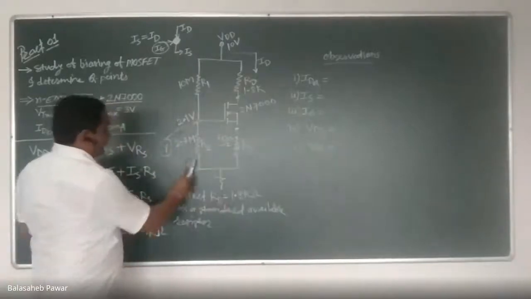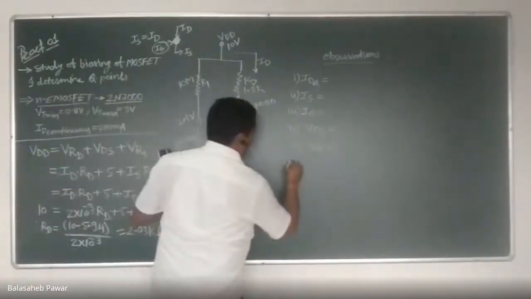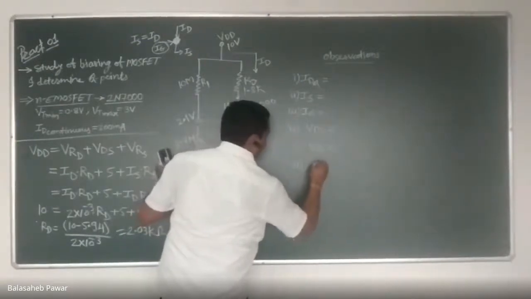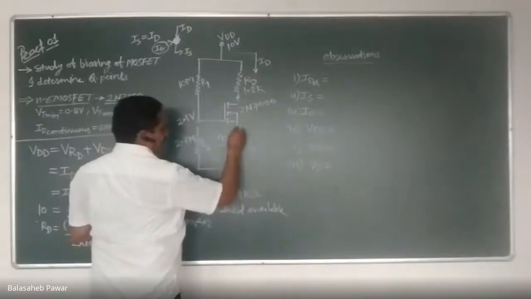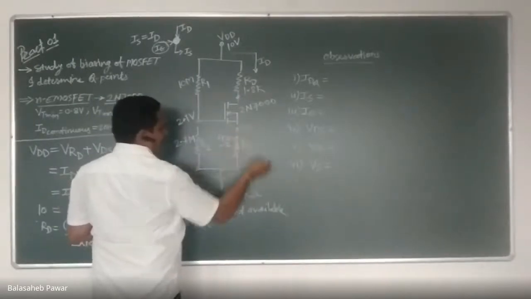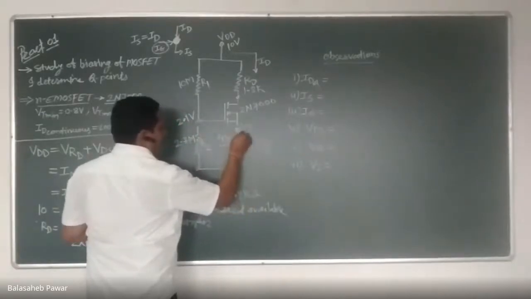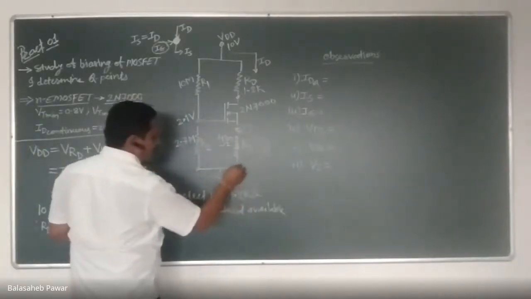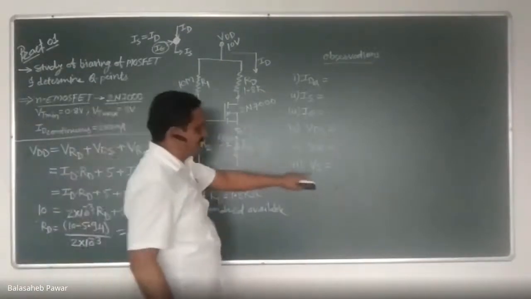Okay. Then next one, note down VS, that is the voltage across RS. This is nothing but VS, correct now? The DMM voltmeter should get connected at the source terminal, again by default with respect to ground, so that we can say it is the VS.